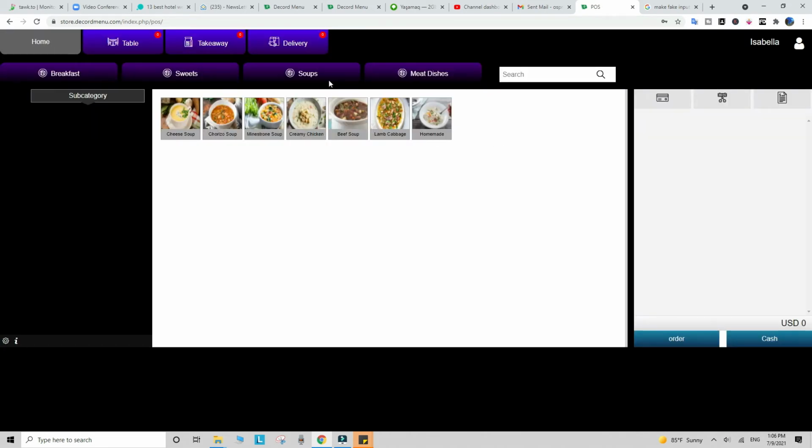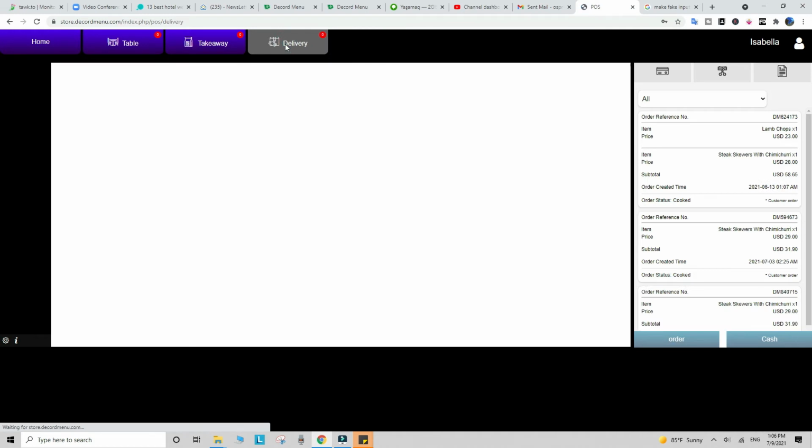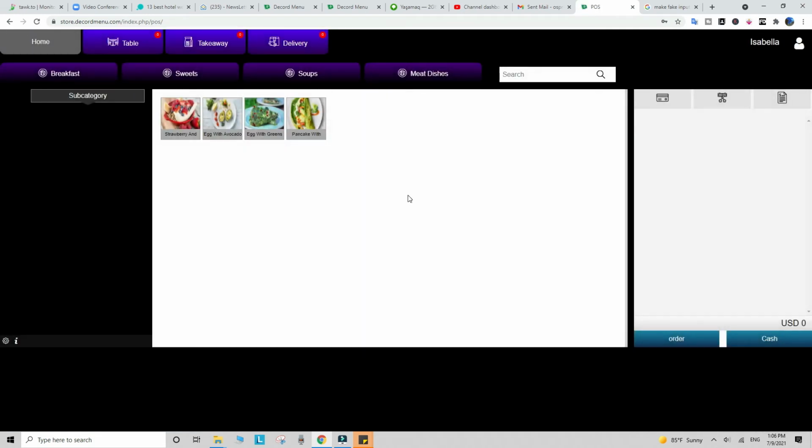The POS system has all the essential features. If your hotel or restaurant also does takeaway and delivery, you can receive those orders directly into the POS system without any commission. So this will work as a food POS for your restaurant and also to serve the customers who are staying inside your rooms. At the end of the day, you can close the POS.